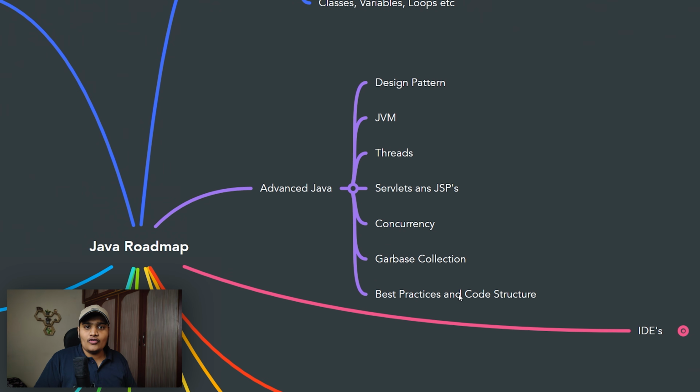You can get to know all these things while you are working with the Java application, while you are working with Java projects. But you should be open to learning all these particular things, and whenever you get time, you can explore the internet as well. There are a lot of blogs available. From that you can learn all these particular things.